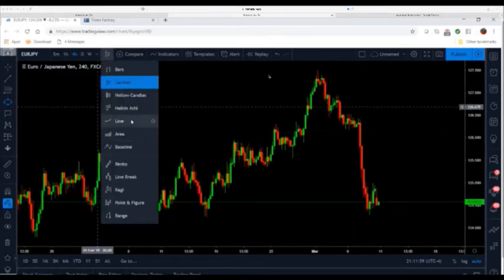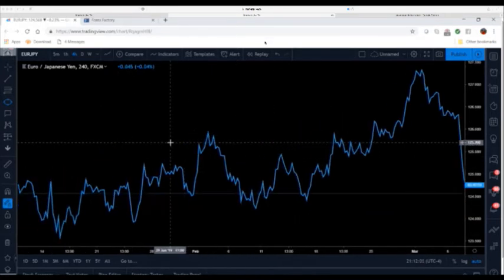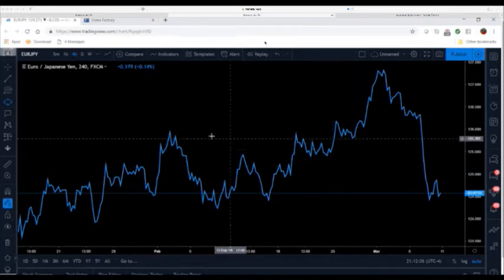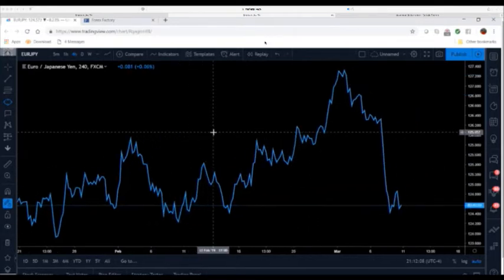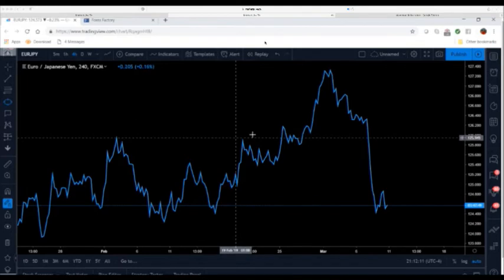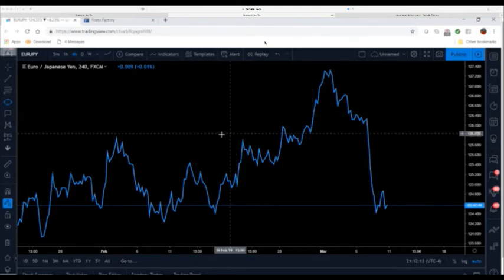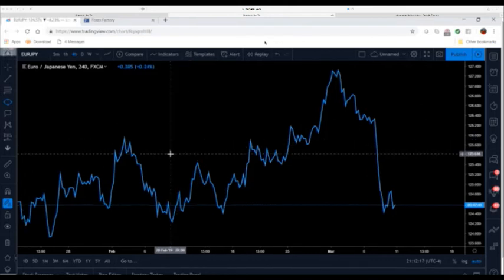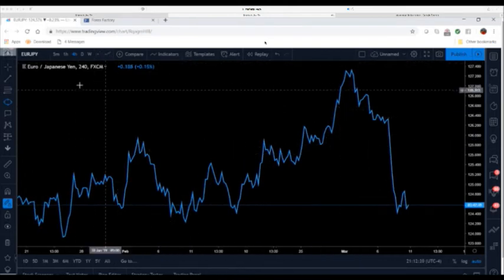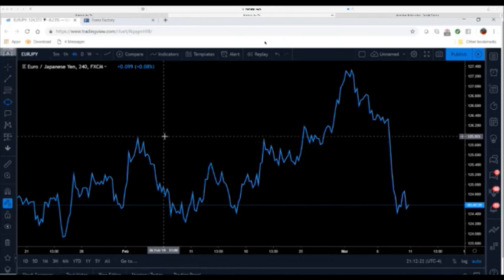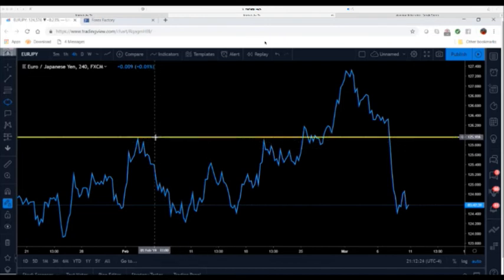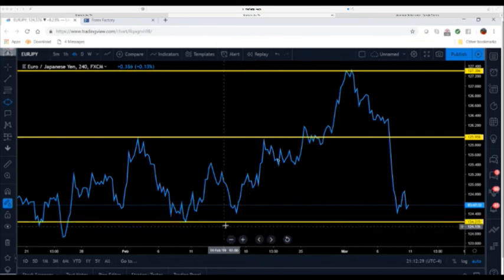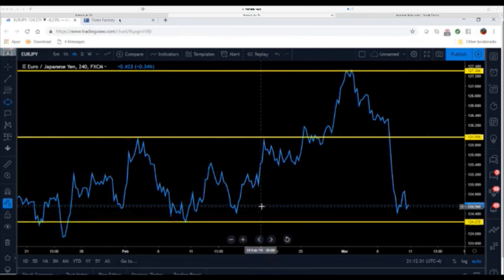When you work your way down, anybody who attends Oren Wright's session knows he likes to use line charts. And line charts are pretty decent. They're good. I like line charts. Line charts are very good for identifying your support and resistance. With candlesticks, it can get a little confusing. When you go to line charts, it's easy to spot your support and resistance, those areas in the market. A lot easier. My only thing and beef with